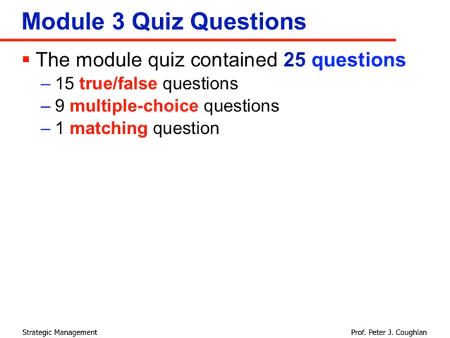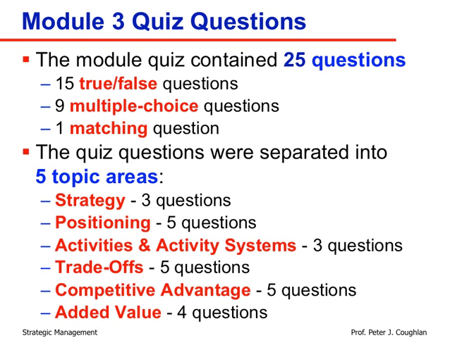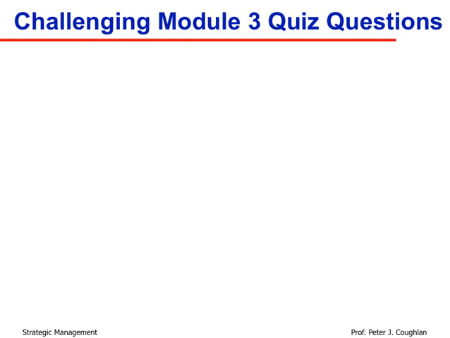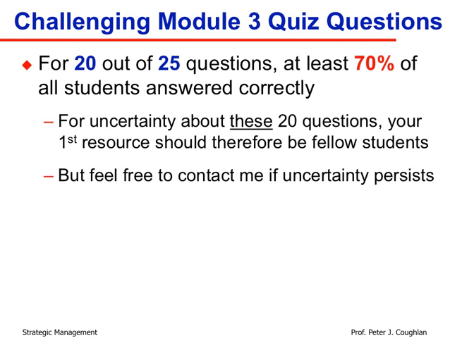Now, the module contained 25 questions: 15 true-false, 9 multiple choice, and 1 matching question. The quiz questions were separated into 5 topic areas: strategy, positioning, activities and activity systems, trade-offs, competitive advantage, and added value. In terms of challenging quiz questions, there are 20 out of the 25 that at least 70% of all students answered correctly,